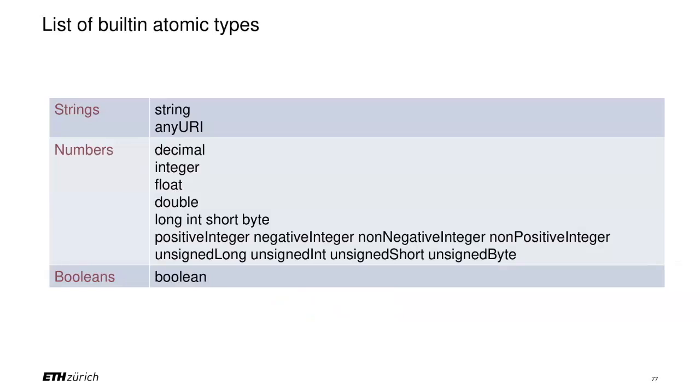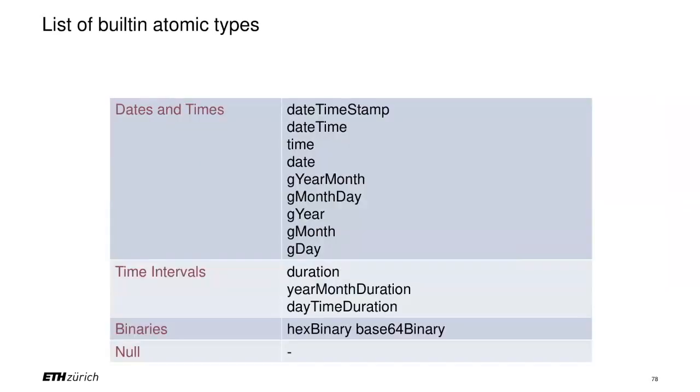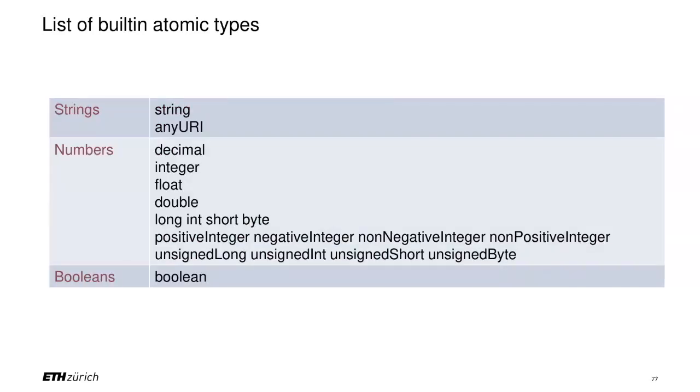Okay. Now, I told you it's the left column of my overview. Here's a complete list. Well, almost complete. You see that's a very, very long list. Look at all these numbers. This all comes from the XML Schema standard, which is shared with JSON. Positive integer, negative integer, non-negative integer, non-positive integer, unsigned long, unsigned int, and so on and so on. So all these representations.